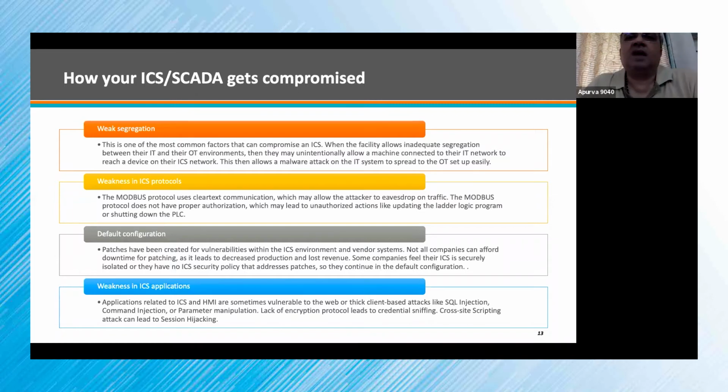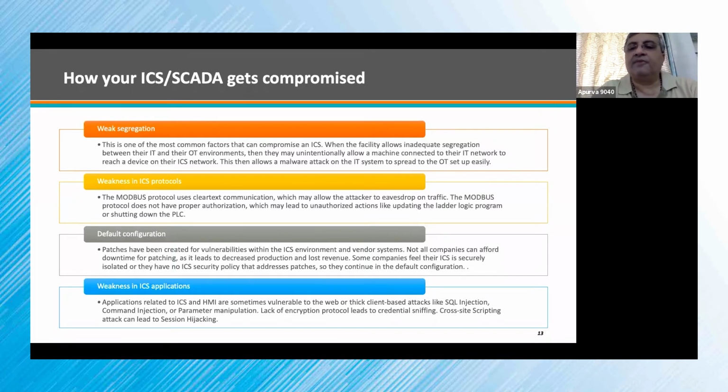A simple example I'll give you on the IT side. Suppose you are buying a Cisco router or Cisco switch. You know, the default user ID and password is always Cisco. So sometimes people just want to get up and running within minutes. They will not look at all those things. They will not change any password. They will not look at what ports are to be closed and all that. They will say next, next, next. Okay, my router is configured, my switch is configured, I am up and running. So these are the things which will create havoc.